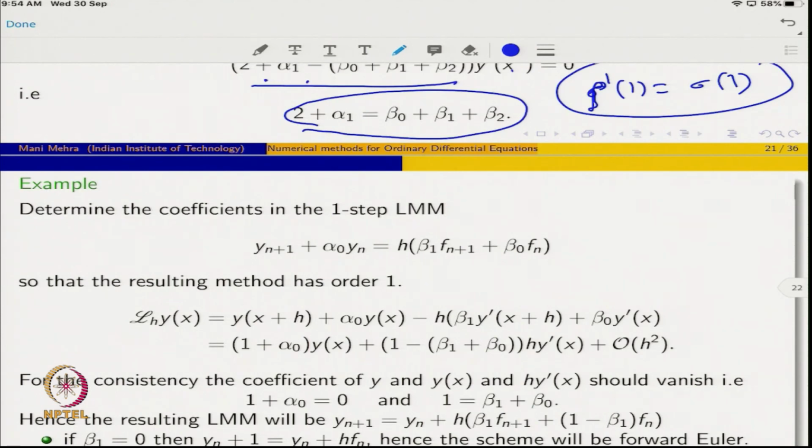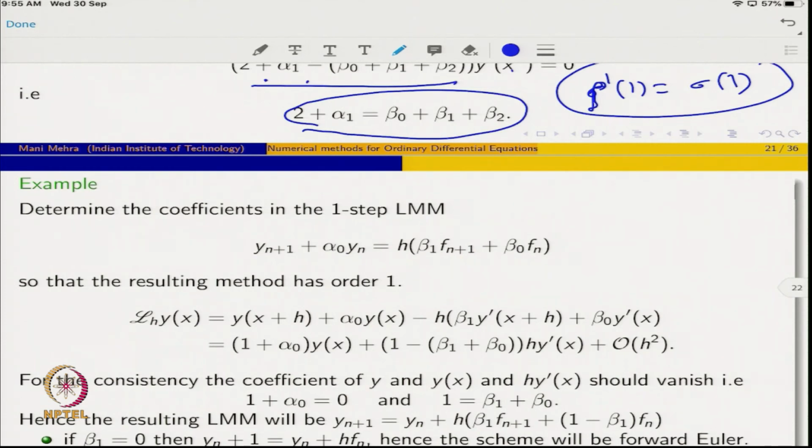Okay. So, now we have seen the proof of the theorem. Now, let us take one example again. Determine the coefficient in one step linear multi-step methods. If you remember, so far most of the time whatever examples we have done to prove the consistency, their coefficients were given to us and we were proving whether it is consistent or not, or in one case in fact we have determined the order of the consistency. But this is the first example where we are trying to find out the coefficient of the difference equation.